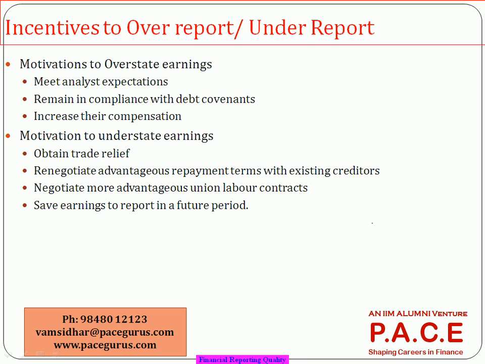So, to meet the analyst expectations, and also from a debt covenant standpoint, we have seen that as a part of the bond indenture, as a part of the covenant, the lender might put a restriction that your current ratio should be equal to this, or probably your return on asset should be equal to 15%. So if my net income has gone down, I would not meet my lender's requirement. So either he may ask me to pay back the principal because I have not met the requirement, or he may charge a higher interest rate also. All are possible. So just to showcase those kinds of things, it could be either out of greed or out of pressure,